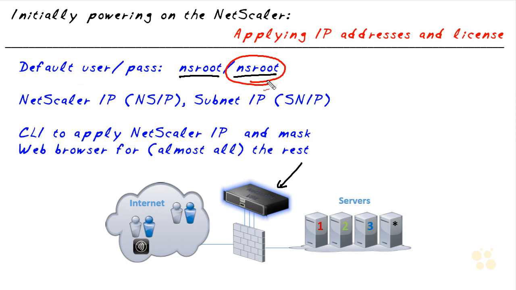Base IP address for management of this system. So at the command line interface at the console of this device, we'll configure the NetScaler IP, that base management IP address. And in our case, let's use the IP address of